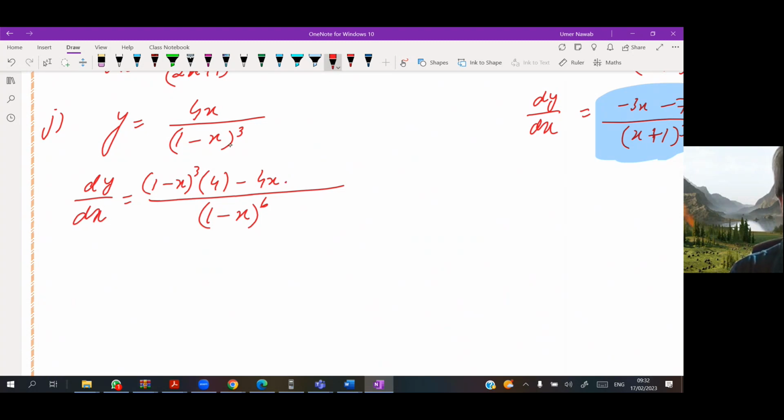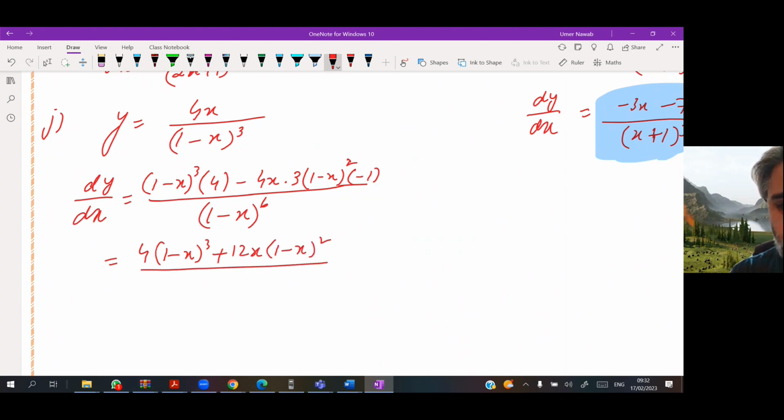The derivative of 1 minus x whole power 3 goes back 2, and the further derivative of 1 minus x is minus 1. Minus 1, and this minus becomes plus 4, 12x over